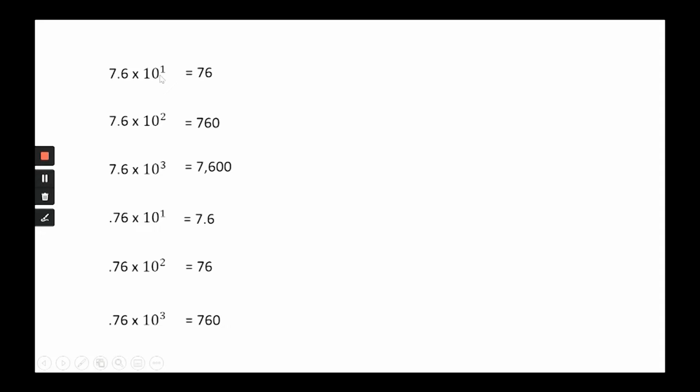Do I have the same number of zeros in my answer? Nope, not this time, because this exponent says 2, but I have 1 zero. This exponent says 3, but I have 2 zeros. So when I have decimals, what really happened is that it shifted 10 times larger. This time it shifted 10 times larger, and then another 10 times larger. Awesome job. Okay, let's try multiplying some other decimals